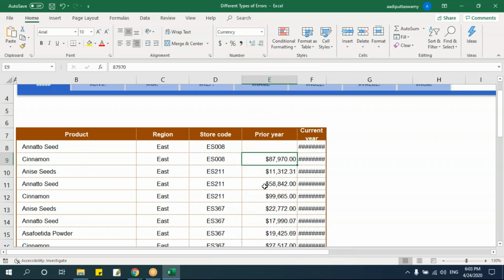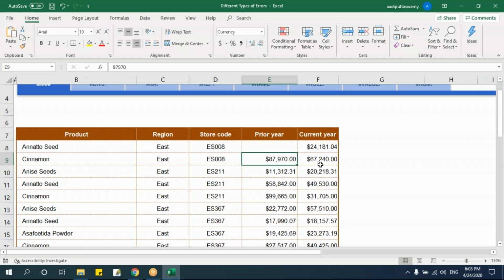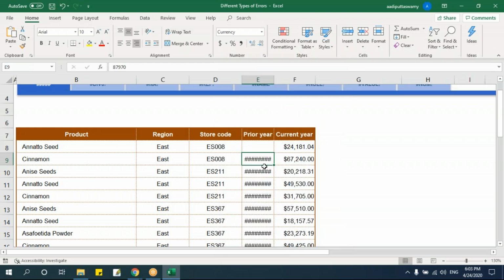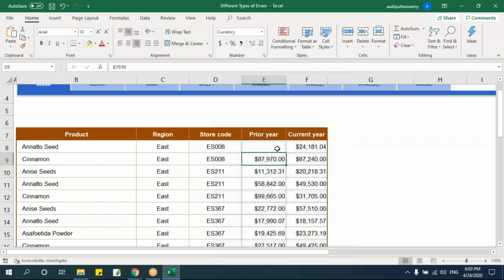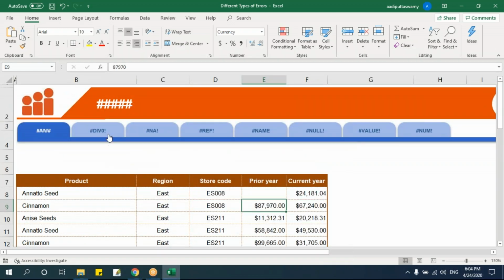Say I'm getting this number. Or what you can do is take your cursor to the separator line between the headers and double click. This will expand. That means if I don't have enough space, it will give me this hash. Just expand this, and I'll get the results. This is nothing to do with a function or formula. It is just because I'm not getting the space that I get this error. Let's go to the next one.